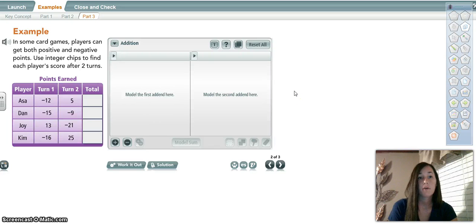Okay, so we've learned how to use a number line to add integers, and now we've just learned how to use integer chips to add integers. Let's practice using the integer chips to solve these problems. We have to combine the players' turns to get their total. So Asa has negative 12